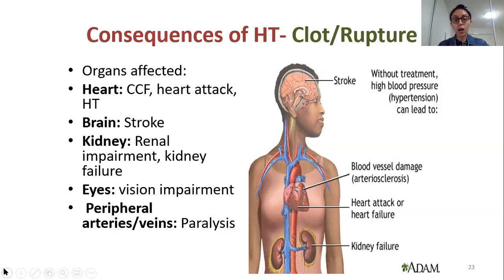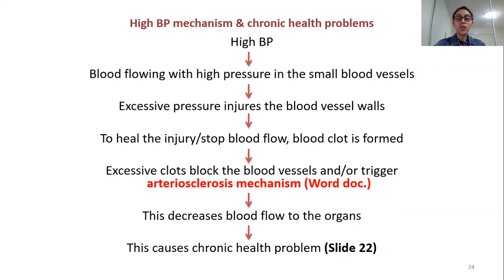Then with peripheral arteries and veins, you could have paralysis. In the legs, when your veins have this issue, you could have deep vein thrombosis, and the minor symptoms could also be varicose veins. So many consequences of high blood pressure, or hypertension. So guys, this is a very simple mechanism, very similar to the atherosclerosis mechanism. What we are talking about is chronic high blood pressure, constant for a number of years, where the individual's general blood pressure readings are on the higher end.